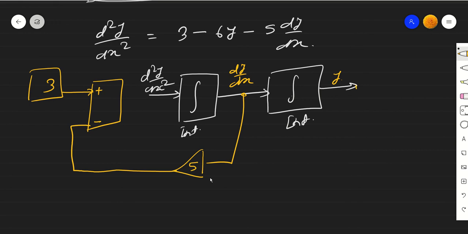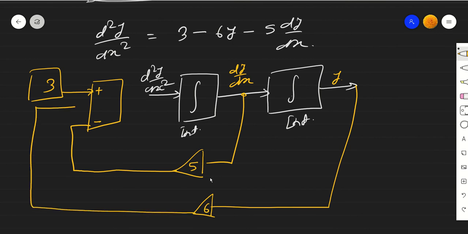Now this output is again going with a gain of 6 here, and this is also negative, and this summation output is going to go to this term. So this is the modeling that we have to do inside Simulink, and we will see what is my output.